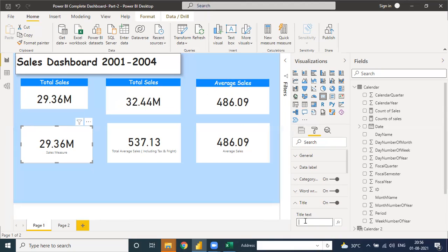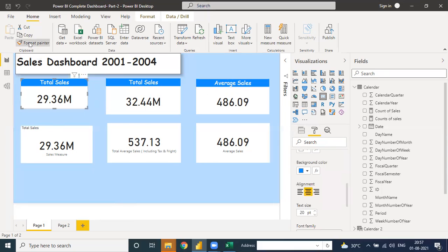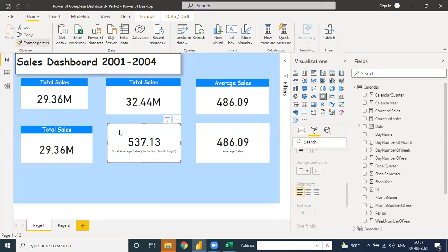See, title on. See, not formatting. Under this, the total sales is already formatted. So if you want to choose the format and click here, see, done. Choose format and here, because we have not written the value here. That's why.